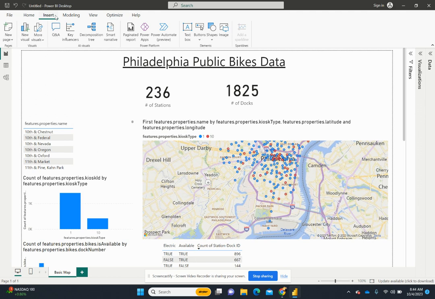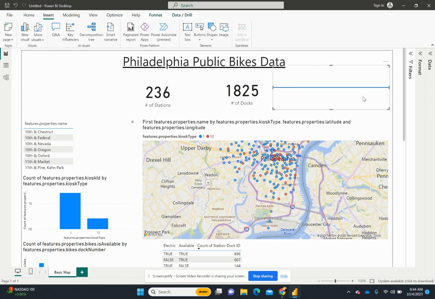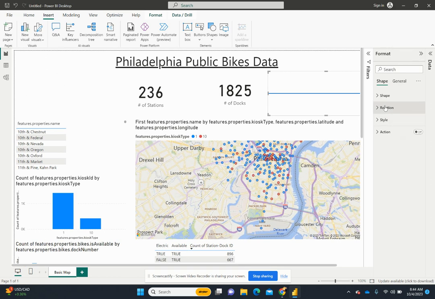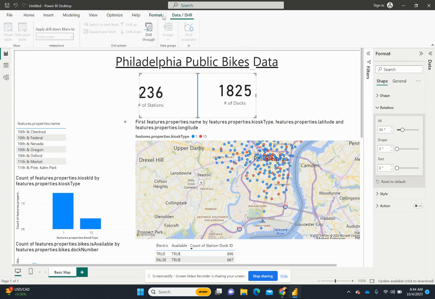So I'm going to go to Insert, and then Shapes, find this line, and I want to rotate this line. And we can do rotation. I don't have any text with it, so we'll just do rotation 90 degrees. And now we'll do the same thing. I want to center this on the page. So Format,